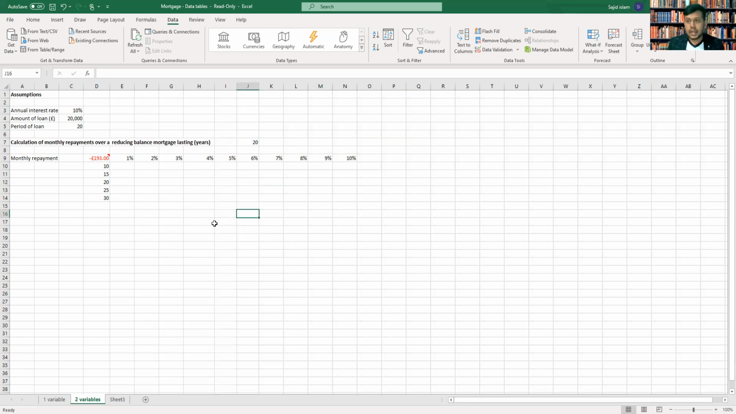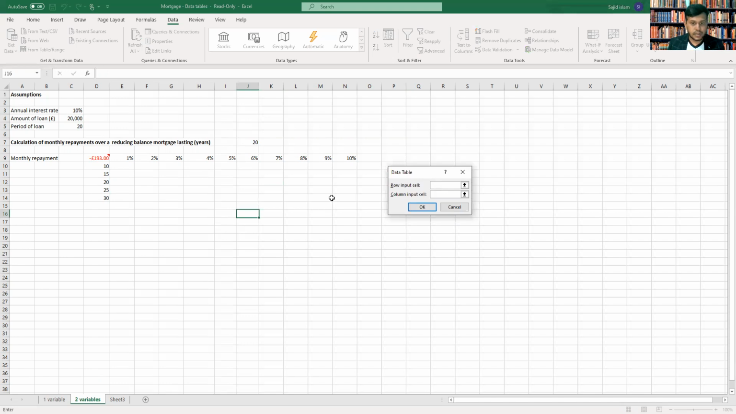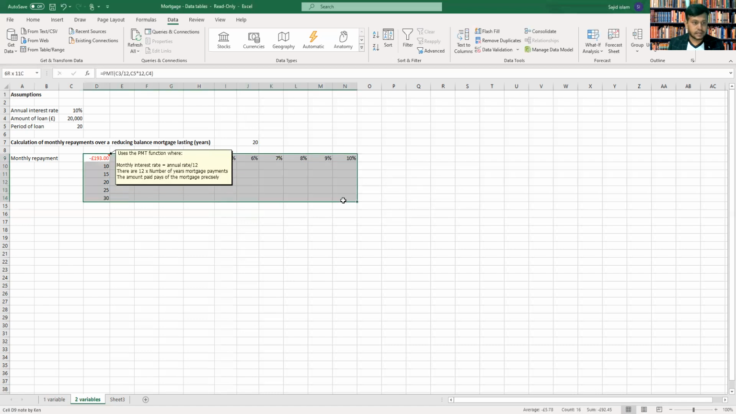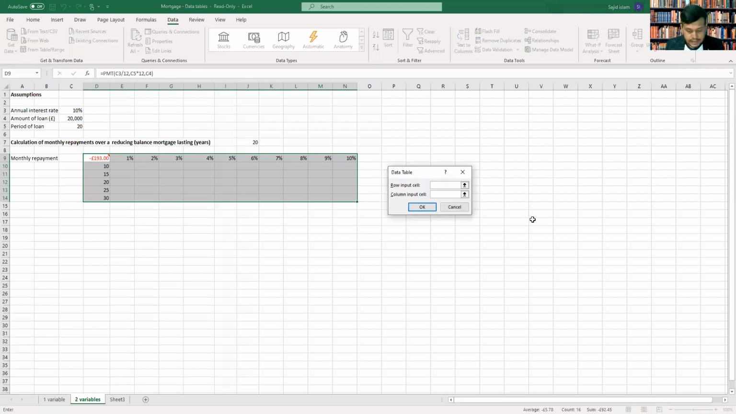Let's go to our Data, What-If Analysis, Data Table, and they said this time select this information. So we have selected that, and no, not going to select this. We have to select first, then you have to go there. So you're going to select the data table, and from here they said click C3